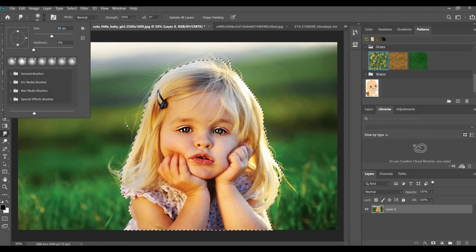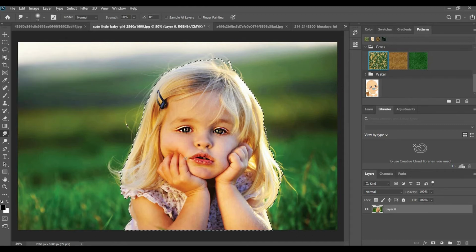Smudge tool is used to smudge that particular pixel. I'm just increasing the size. So this is the use of the smudge tool.